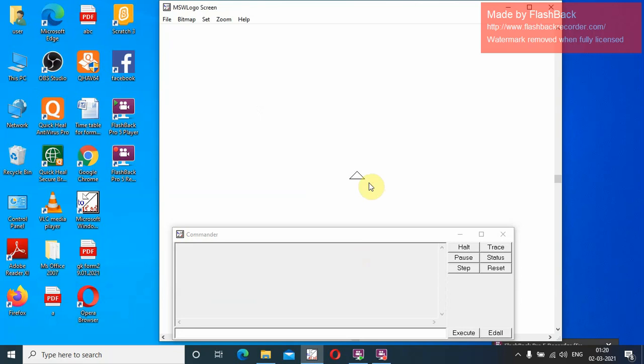There is a slight difference between clean and clear screen. Again I will show you. I'll do FD200. Okay, see the turtle, now I'm going to do clean command, CLEAN, clean. What happened? The turtle remained at its last position, right? Now again FD, let us do 50.